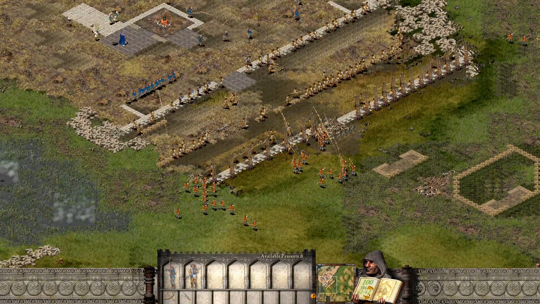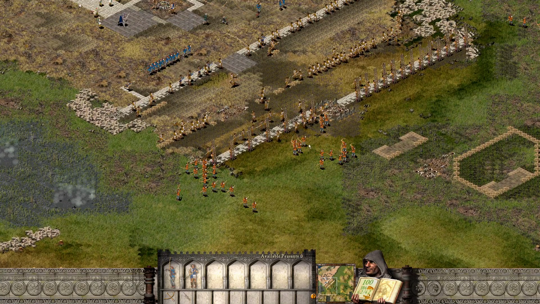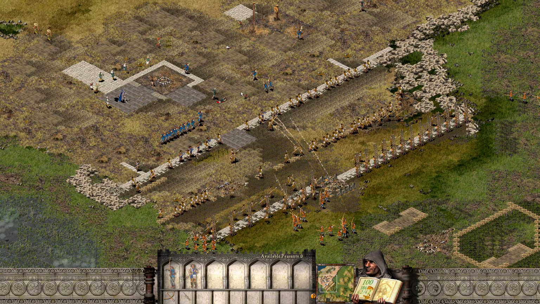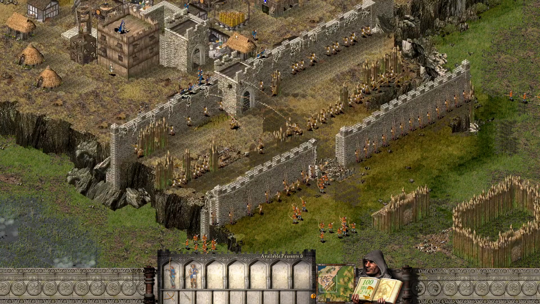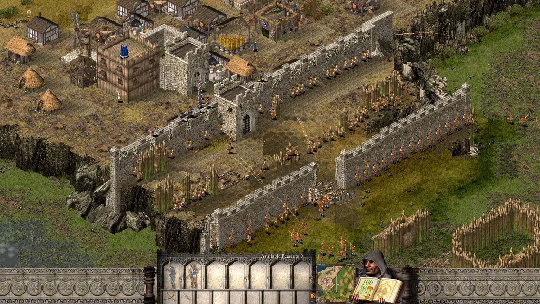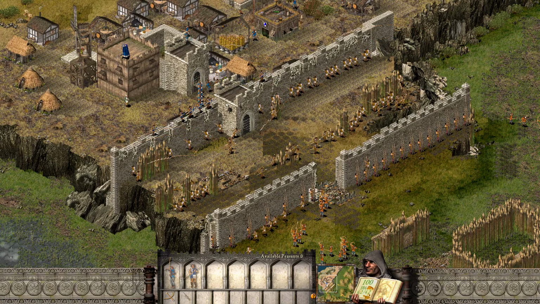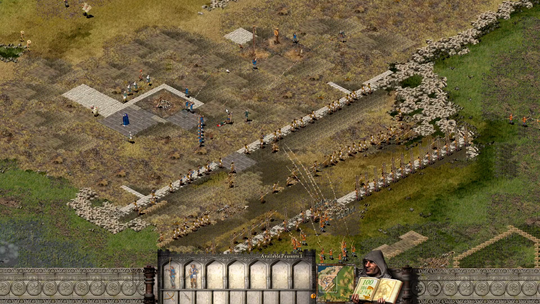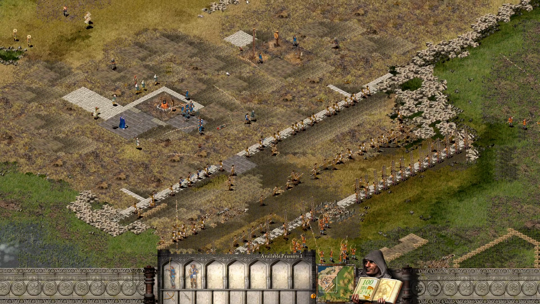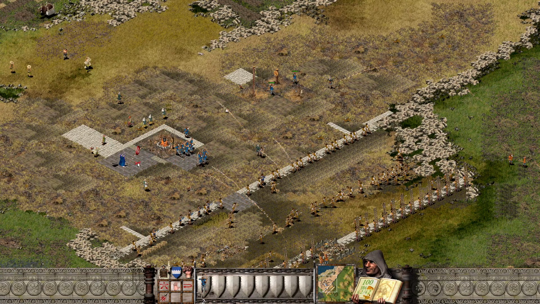So yeah, it's a lot of spearmen, only a couple archers. So as long as I have the high ground, I can probably deal with all these archers. But it's all the spearmen that are going to become the problem. See, as soon as all the archers are up top, I think I actually